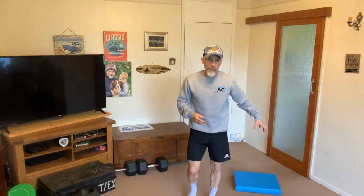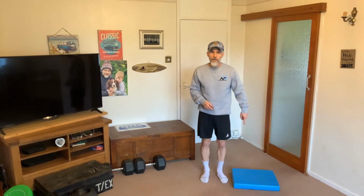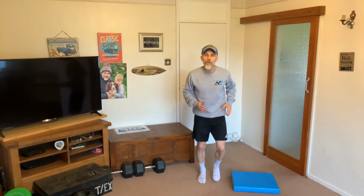So if my pain levels are worse the next day from that, then I'm not ready to move on to a hard surface. So all the time looking at my pain levels, my level of function, I have an appreciation of days and so on and so forth, but it is a really good way for getting in your progression